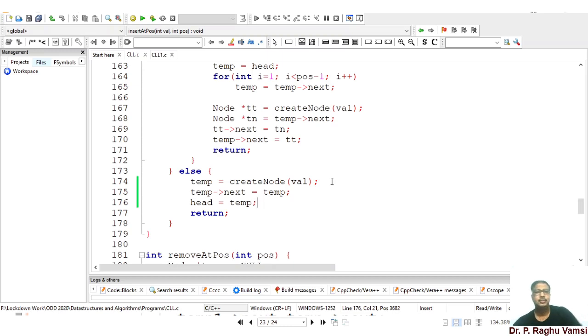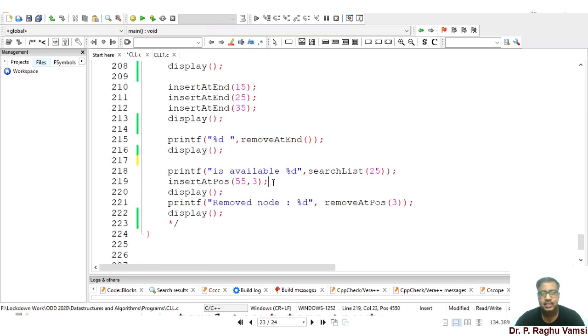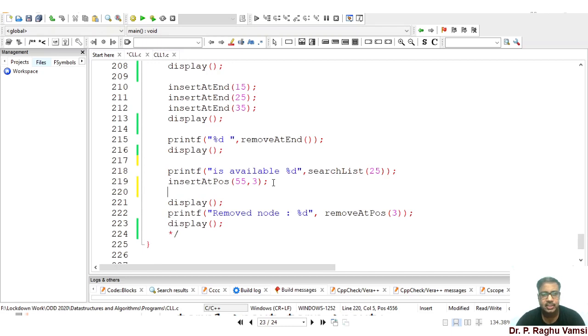That's the only modification we need to do, and we'll see the output now. For this, uncomment the two statements related to inserting at position, save the file, and run the code.